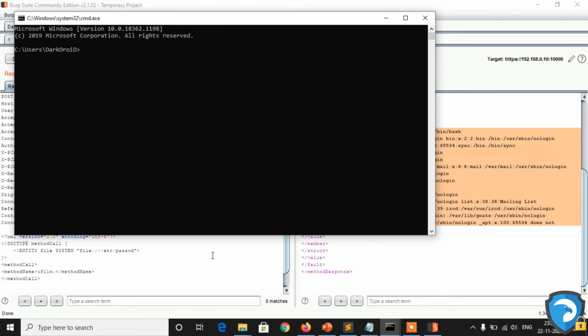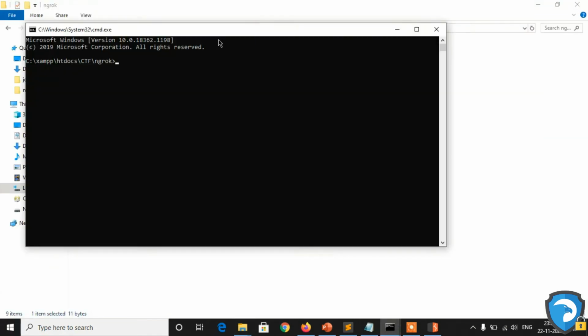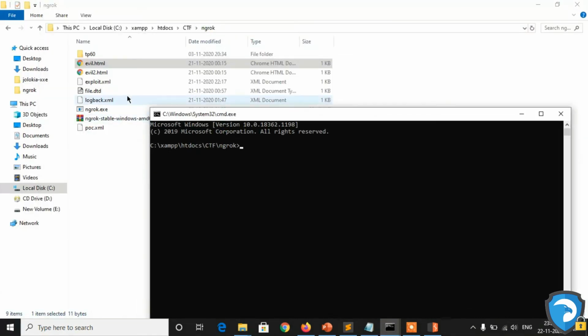Now let's understand the SSRF attack. For SSRF, I am using ngrok, and for that I am running a local server on port 8888. I am using Python: python -m SimpleHTTPServer 8888.